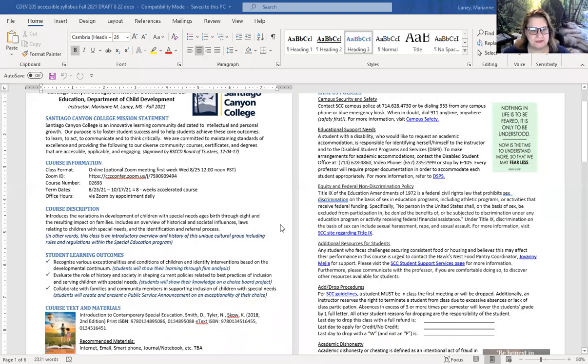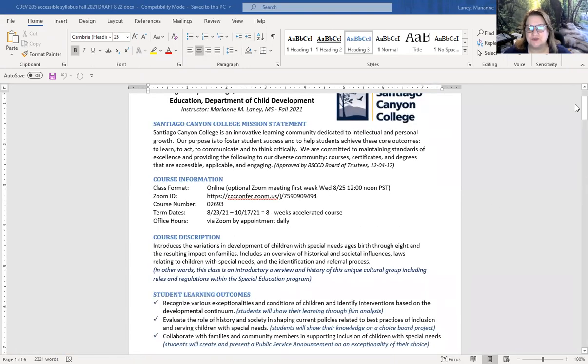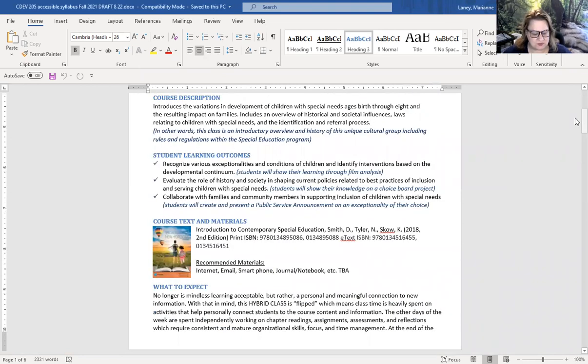Course description. Let me make this a little bit bigger. Basically, this is an intro to special needs. Now, special needs, as most of us know it, is we talk about people who have different abilities. Well, special needs in this class is more talking about the special needs program, because, and we'll talk about this in chapter 1, a person is not special needs. Quite frankly, we all are special needs, if you really think about it.